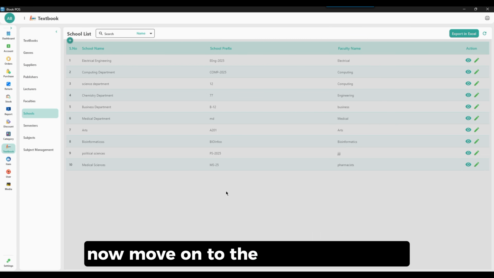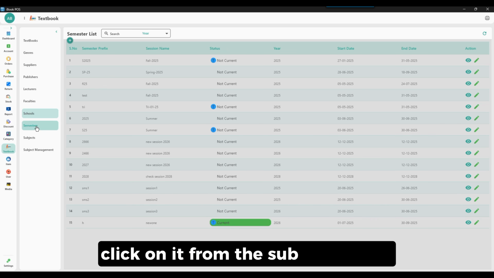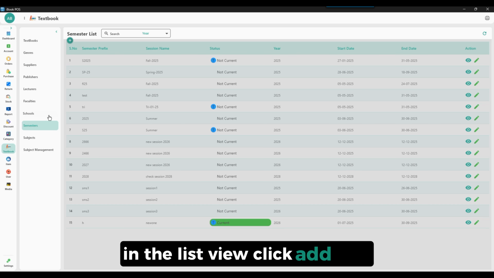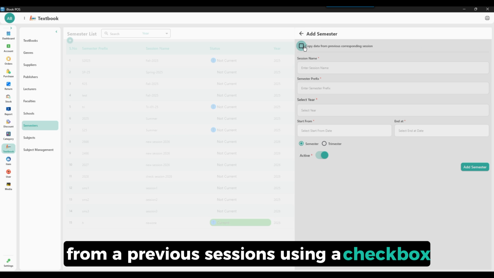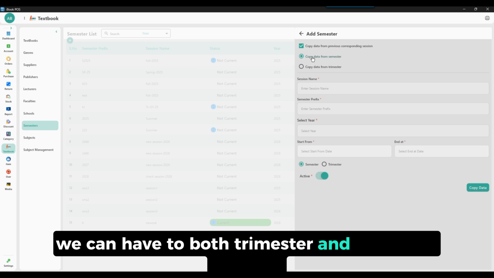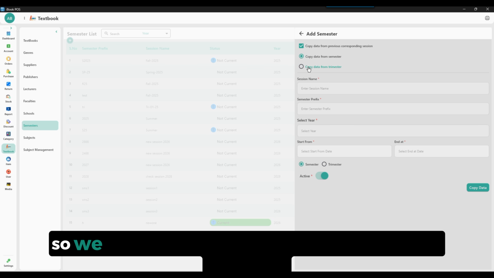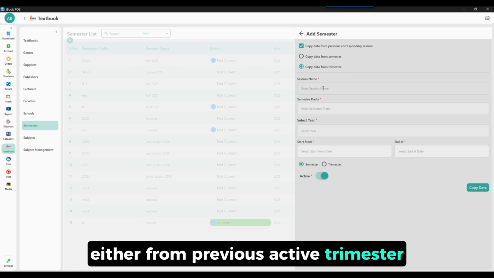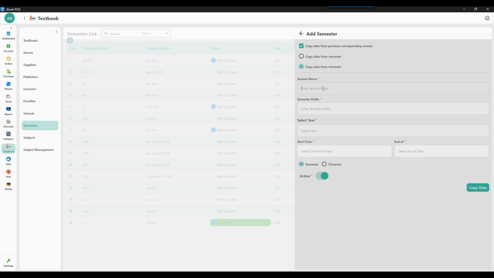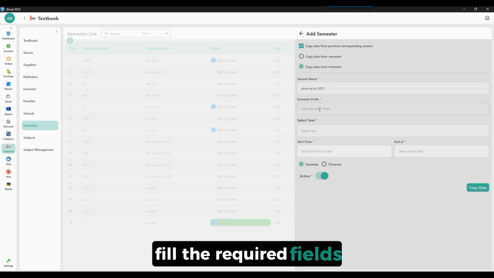Now, move on to the semester section. Click on it from the sub-navigation. In the list view, click Add New. You can also choose to copy data from previous sessions using a checkbox. We can have both trimester and semester as active, so we have to choose from which we want to copy data, either from the previous active trimester or from the previous active semester. Fill the required fields